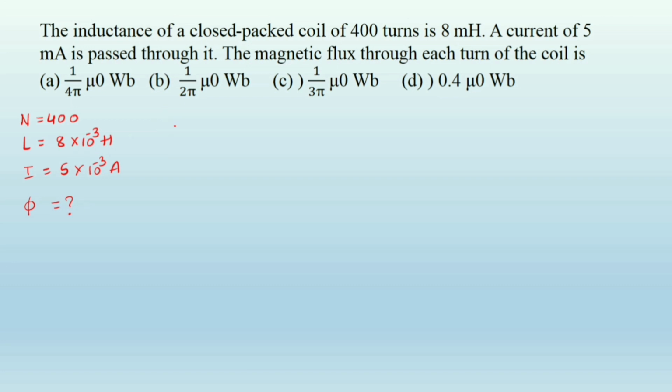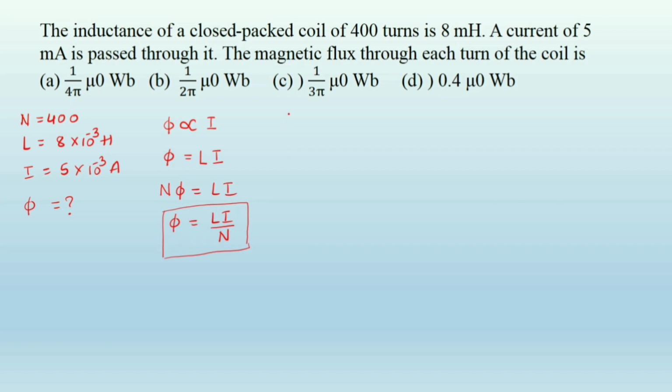The suitable equation is, we know that phi is directly proportional to electric current, because whenever magnetic flux changes, induced EMF takes place in the coil, so that electric current is produced. Or we can write phi equal to the proportionality constant L into I, where L is self-inductance. For n number of turns, we can write n phi equal to L into I. So we want magnetic flux, so phi equal to LI divided by n. We can use this equation to calculate magnetic flux.